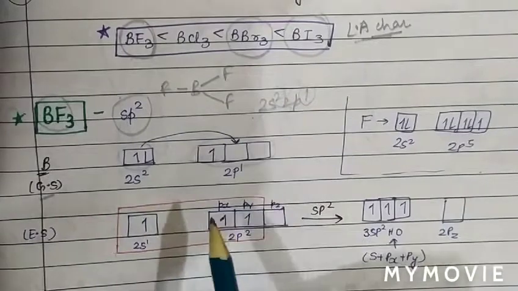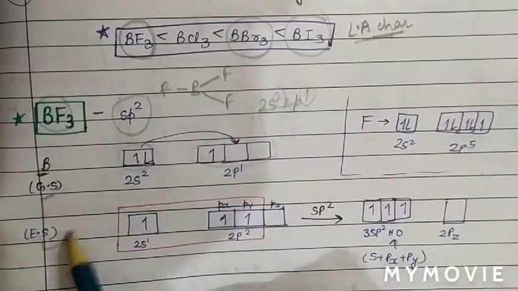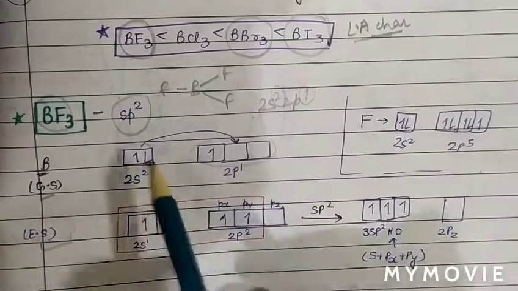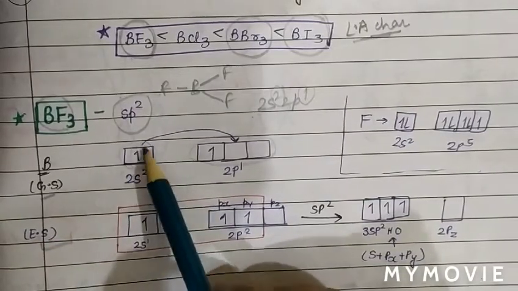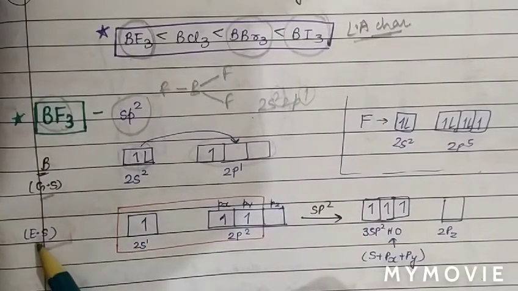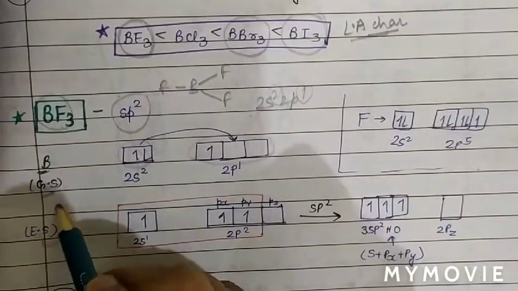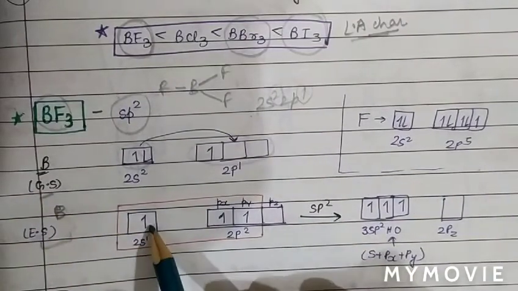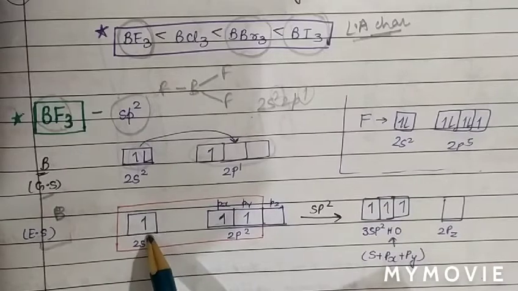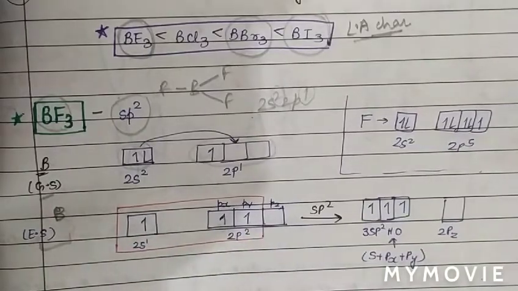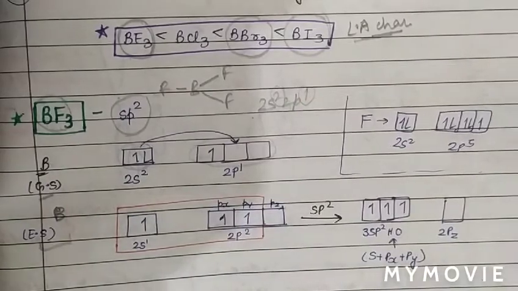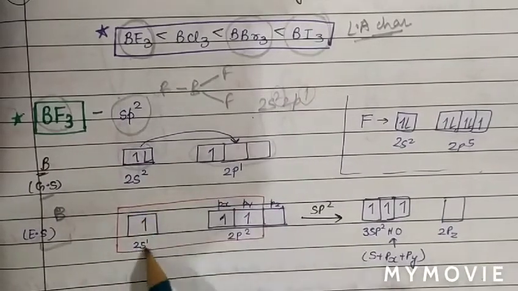Now see the excited state. On excitation, the electron is excited. So this paired electron will excite to the 2p orbital. Now in the excited state of boron, there are 3 unpaired electrons. 1 in the 2s orbital and 2 electrons in the p orbitals, so basically represent px, py. We can see that now we have 3 unpaired electrons.